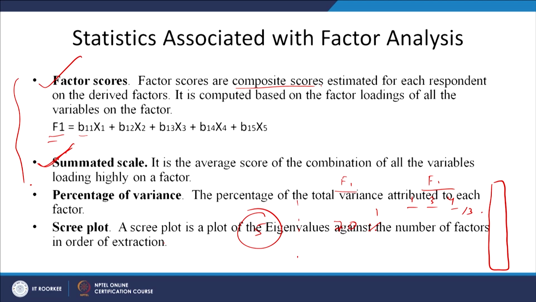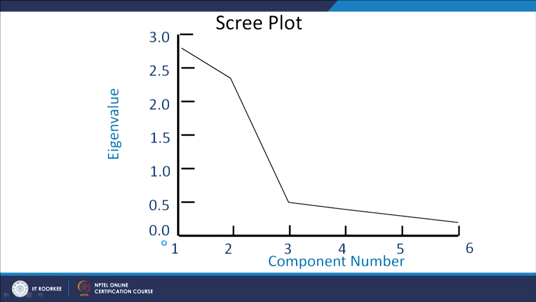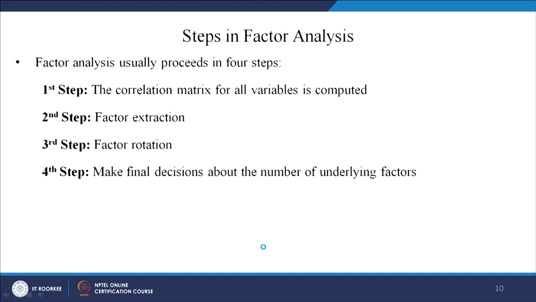Scree plot is a plot of the eigenvalues against the number of factors. So, it helps to identify the number of factors. This is a scree plot, you can see. Now, how do you identify the number of factors to be considered? You can take the points where it is changing. So, 1, 2, right. After this, if you see, there is a steadiness. There is no more change here. So, we can say, well, up to this much. So, there are 3 factors to be generated, right. So, the scree plot is a diagrammatic representation, that is all.